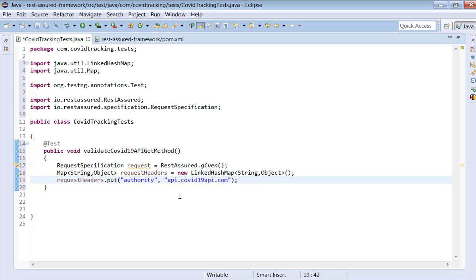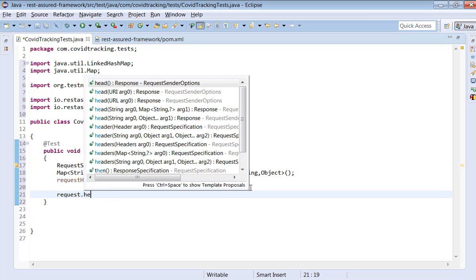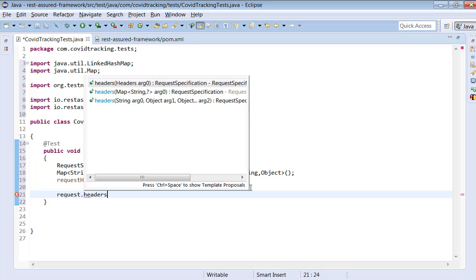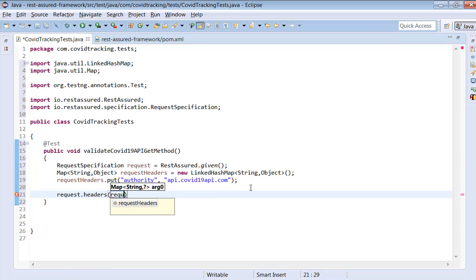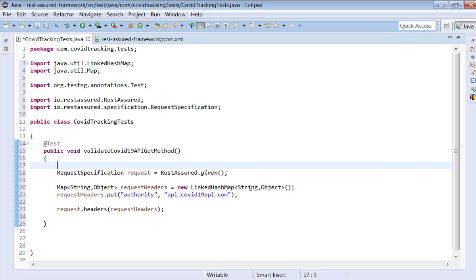So for this request, you have to add these headers. See here, request.headers. You have to pass a map. A map we are passing, that is requestHeaders. So let me write down some comments. Build the request object.